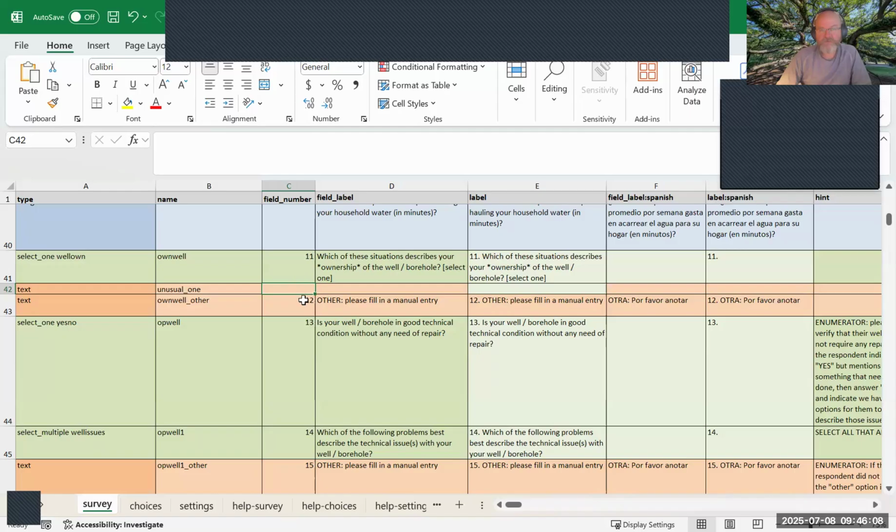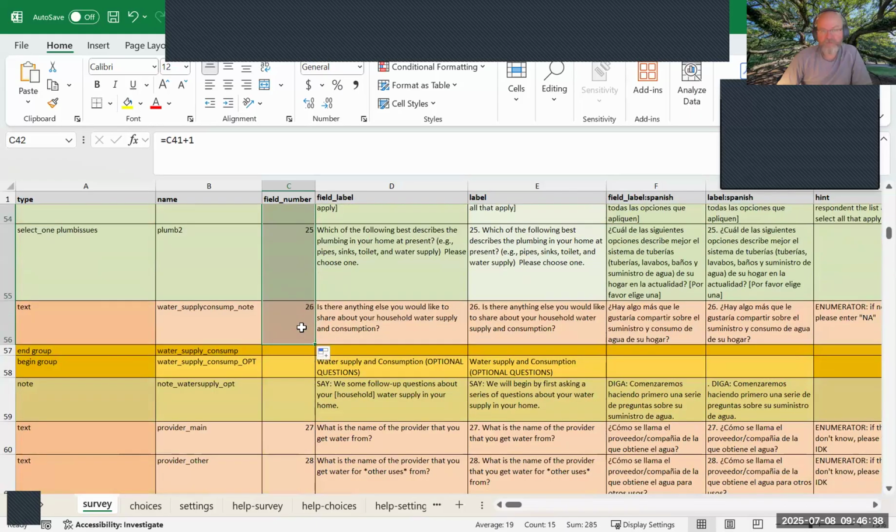But now what I need to do is there's missing numbering here. And I want to add in the numbering. So I would just take as a formula and click on the cell where I want it, and I could click equals, and then it should be the cell above it, +1. And when I hit enter, it should update it. So now it's taking 12, but notice it's giving me a little error here. What's going on? Well, this is not like the other one, so I would want to populate this on down to update the numbering. And then you'd need to update the numbering for the next